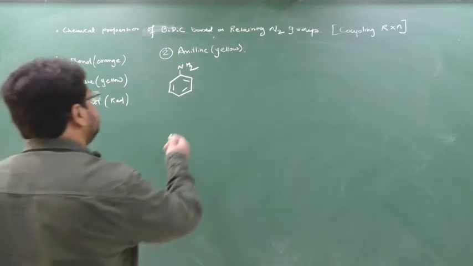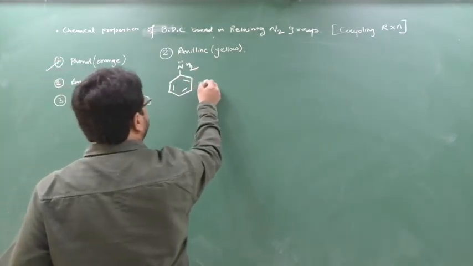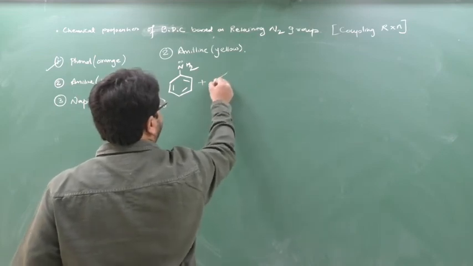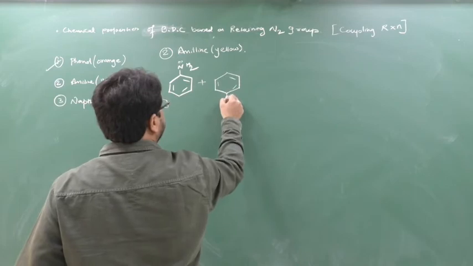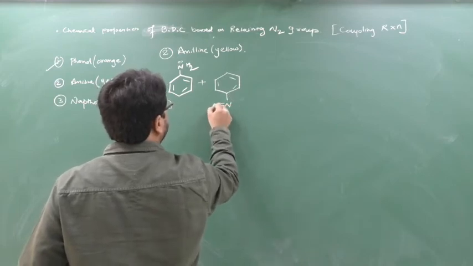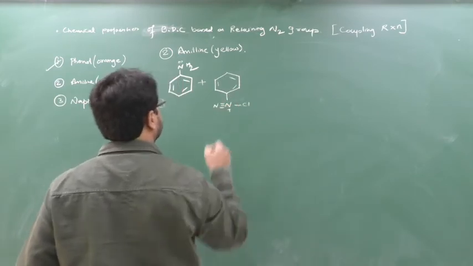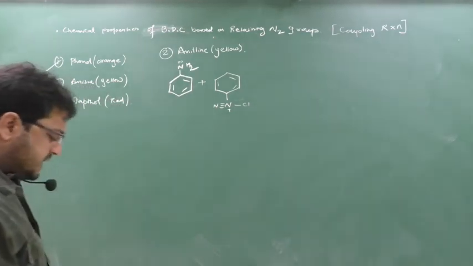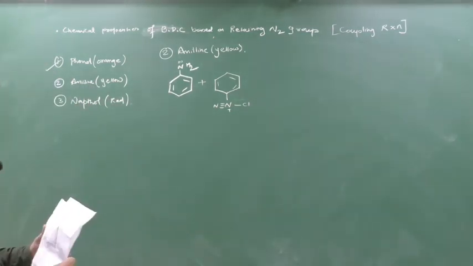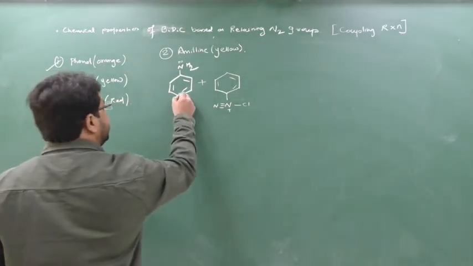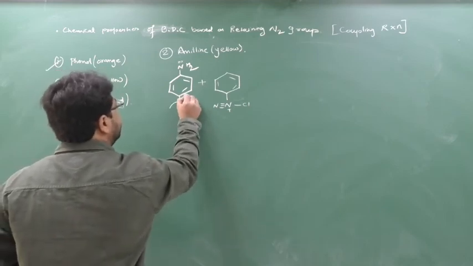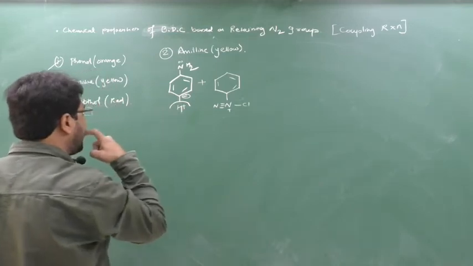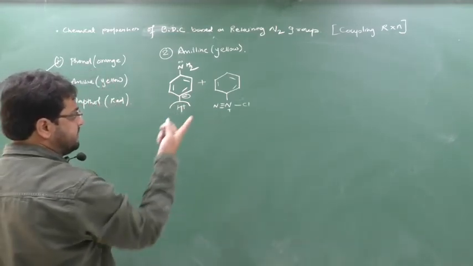Aniline, and I am using here now because we are in the benzene diazonium chloride chemical properties. So same, benzene diazonium chloride, plus charge. Clear? Same mechanism, same as we have followed in the previous case. Here there is one para position hydrogen, an acidic hydrogen, which will move as H plus, so here a minus sign will be created. You understood the mechanism, the same mechanism can be followed.